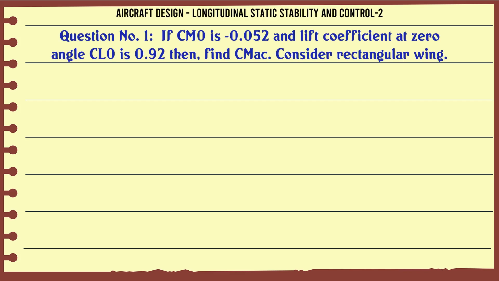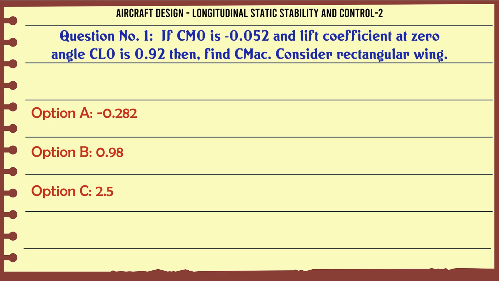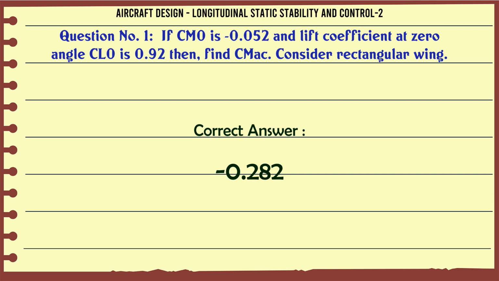If Cm0 is 0.052 and lift coefficient at 0 angle CL0 is 0.92, then find Cmac. Consider a rectangular wing. A: 0.282, B: 0.98, C: 2.5, D: 7.89. The correct answer is